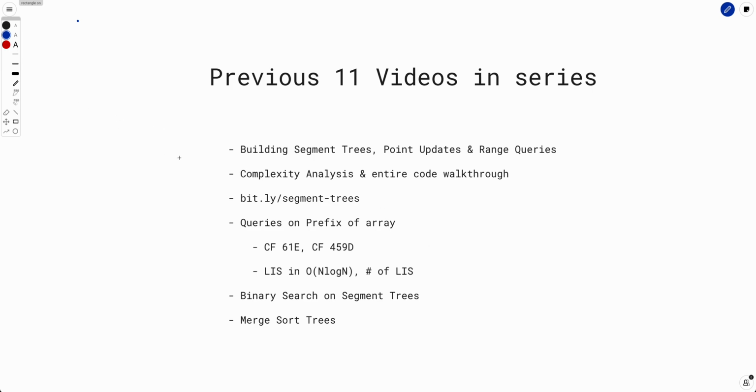In the previous videos, we have discussed the basics of segment trees. We started from what a segment tree is, how to build segment trees, how to do point updates and range queries. We discussed the complexity analysis and the proof behind each of these methods and the entire code walkthrough. And then we solved a couple of varieties of problems of various difficulty on queries on a prefix of the